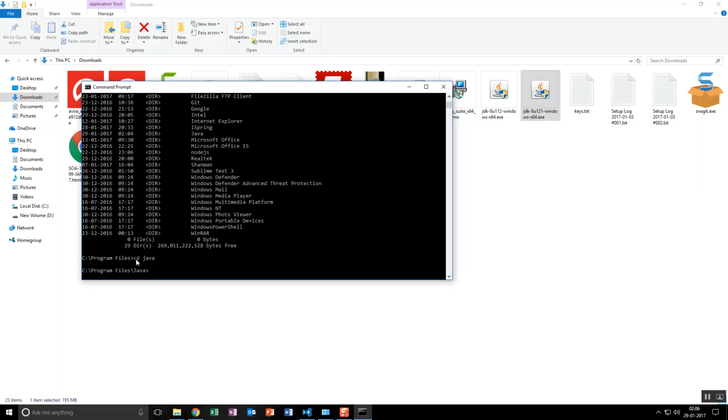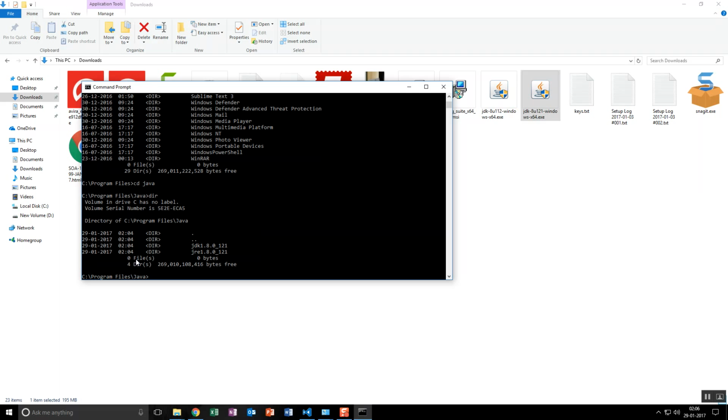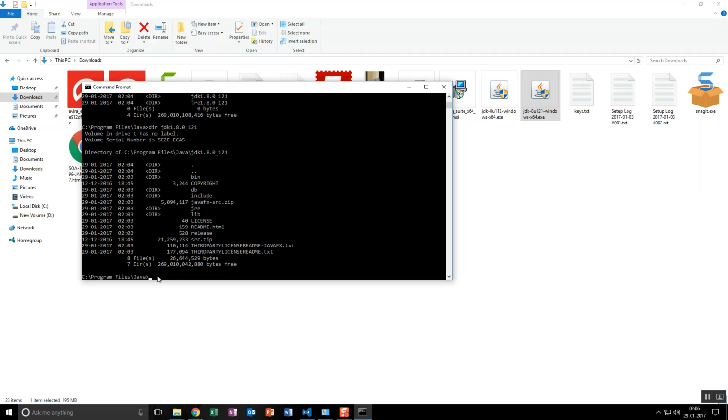Okay, so once again type the dir command, where you will find the JDK and JRE. These are the items installed on your machine. Fine. So JDK, as I said, is for development, and JRE is the runtime environment. I'm going to go inside the JDK. Type jdk and tab. Okay, sorry. If you type here, you will get all the things. Here you will go to the bin directory. So cd jdk.